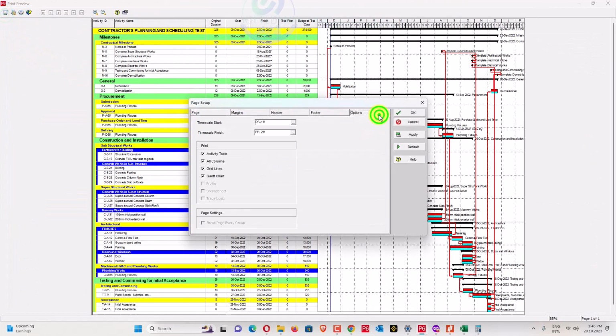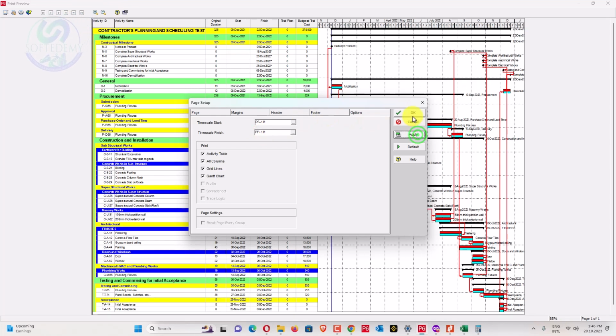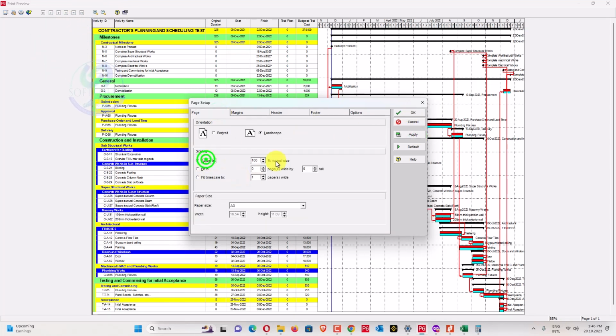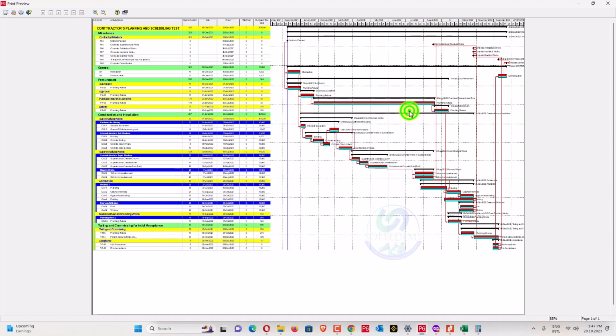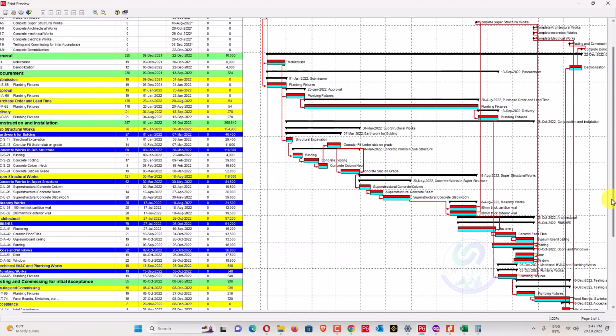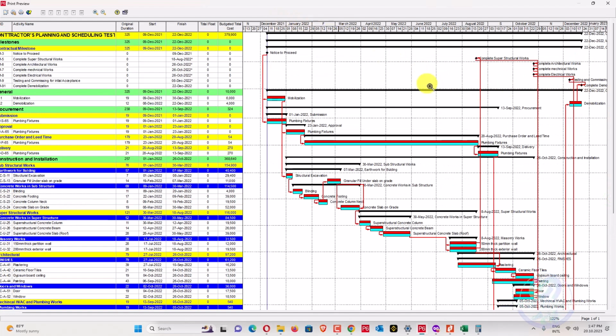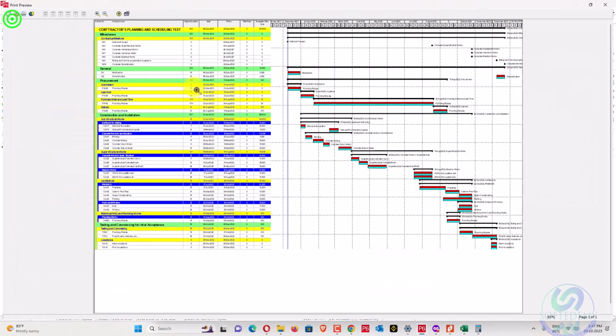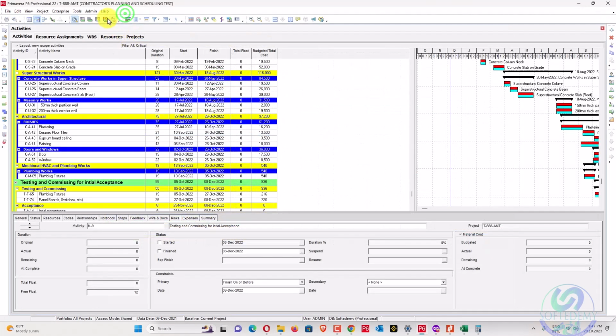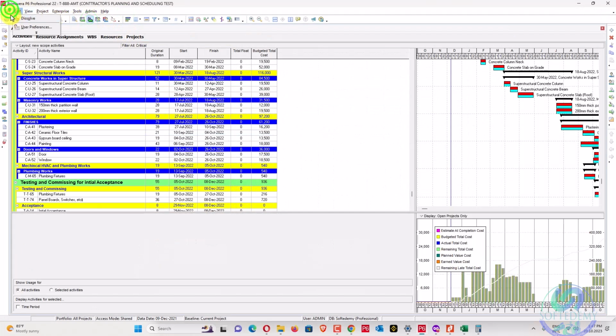And what you have to perform here: PS is your project start, PS is project finish. Apply, okay. So now pages fit to the time scale. Apply, okay. Now we'll decrease from here 79. Yes, we can decrease the size of the schedule from here, so you can see your schedule clearly. The dates can be clearly seen from here. And before printing, you remove this relationship, print preview, and also you can add your curve below. Print preview,